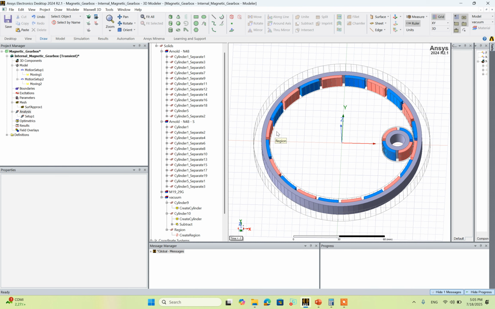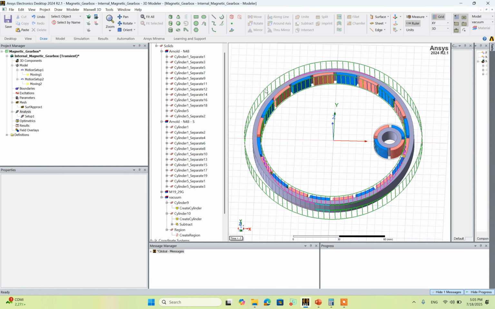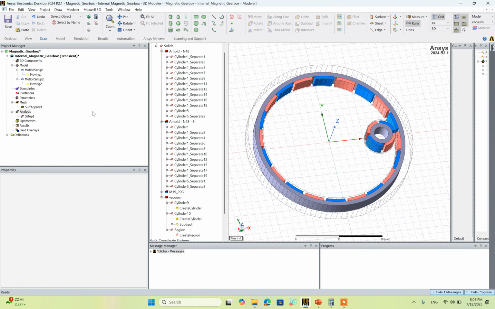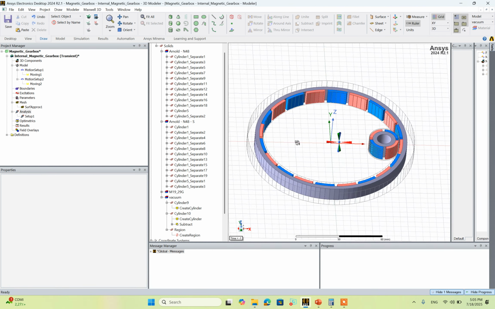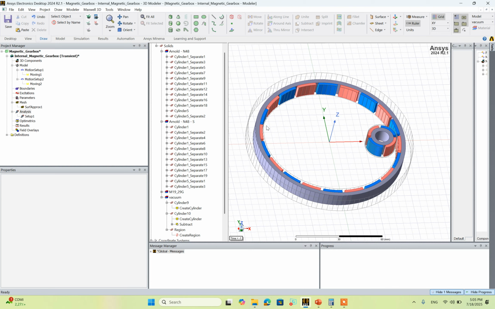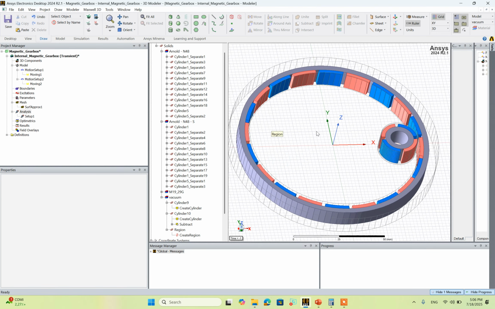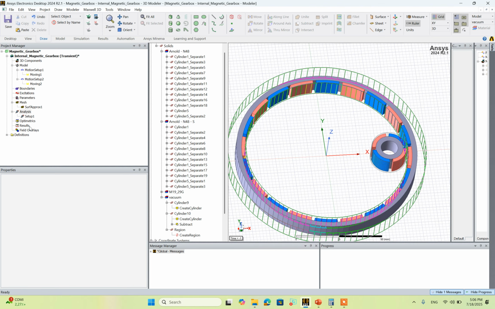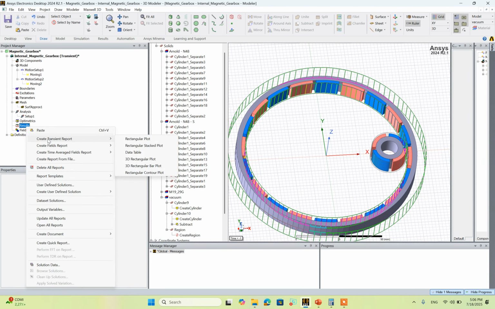So now we come to the interesting part in this design: to simulate torque and speed and position for the inner and the outer gear, and also plot magnetic field density maps. In order to do that, I will go here to result and right click on it